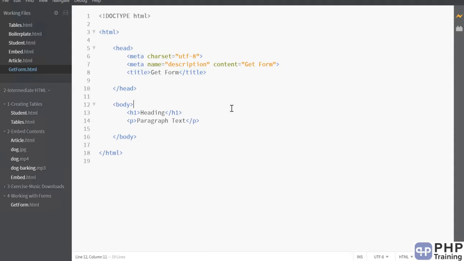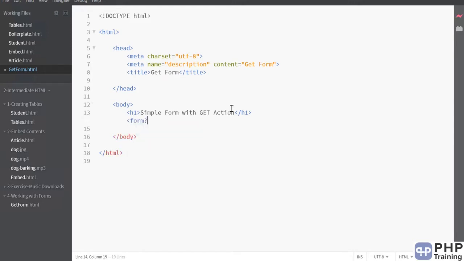Okay, forms, as you know, is basically like a contact form, sign up form, register form, login form. You have these elements like text boxes, check boxes, radio buttons, submit buttons, and all those things you can create in HTML using something called forms. Okay, and that's what we're going to create in this exercise. So we'll say simple form with get action. I'm going to see what the action means. Okay, and how do you create a form?